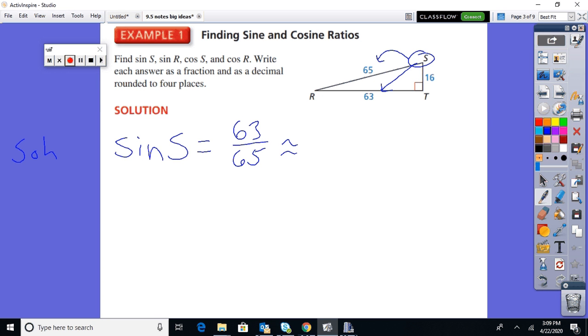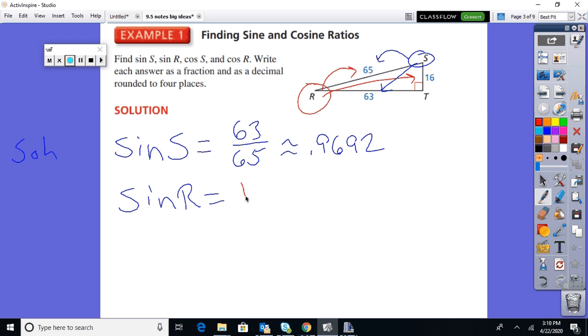When you do that, you get 0.9692, taken out to four places. Next, we want to do the sine of R. So let's flip the tracks here. So R is here. So the opposite for R is 16. Hypotenuse is still 65. So 16 over 65. Sine R, 0.2462. And then switch gears to the cosine